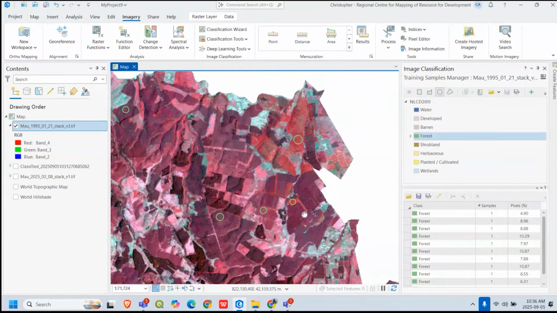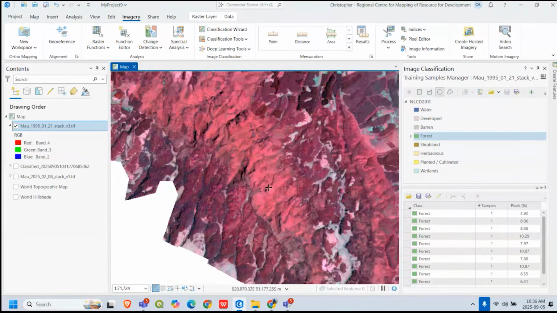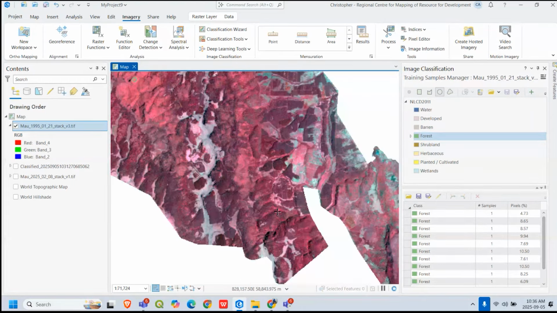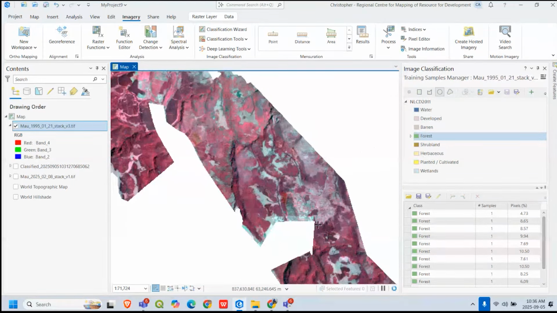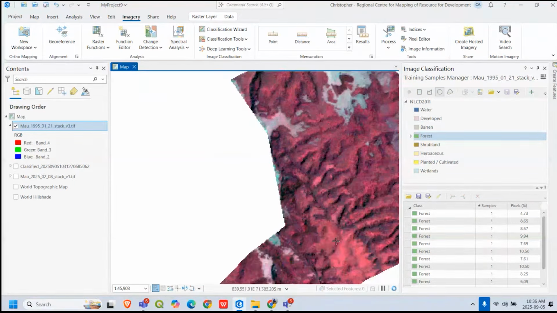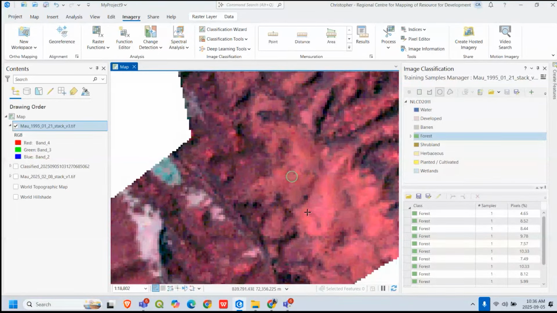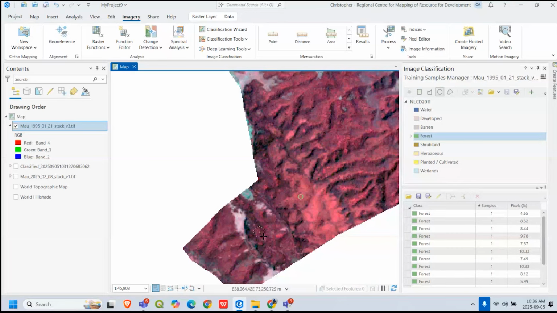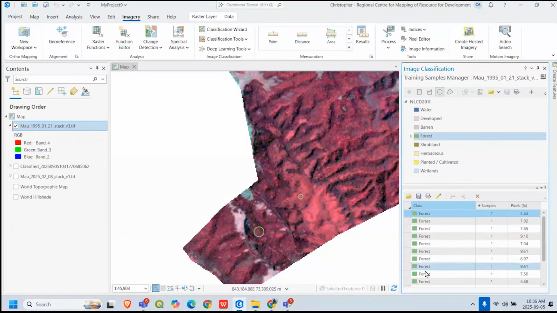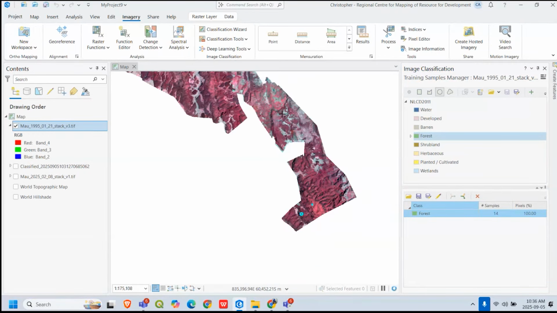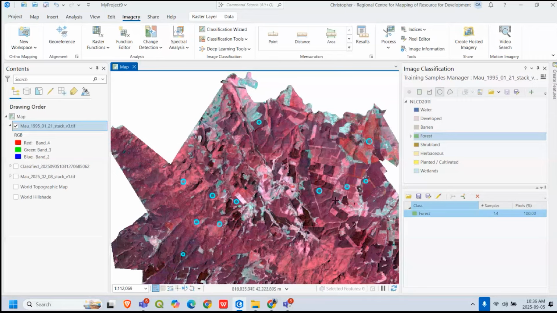Especially for different shades. Remember we said for the near infrared false color composite, deep red represents healthy vegetation and most probably a forest. I think these are enough for forest. We can merge them and then we train